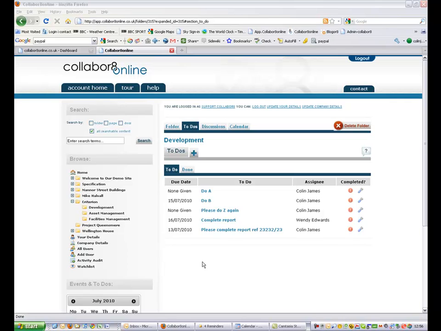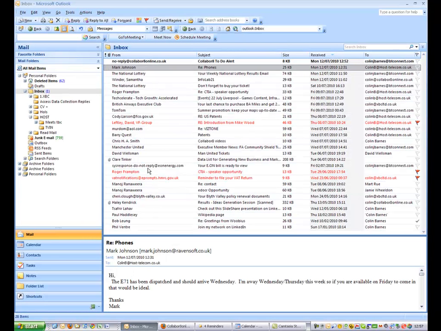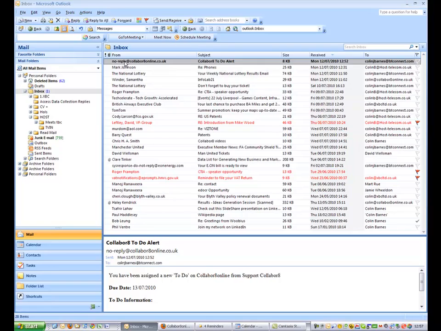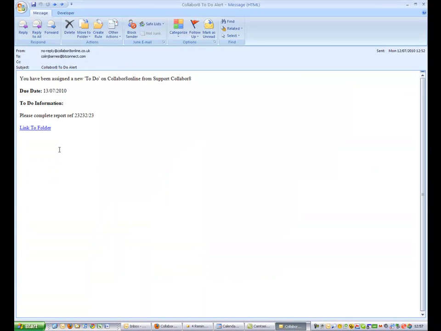Another feature that we have is when we created this task and assigned it to Colin, it will have actually sent an email to Colin advising him that he's had the task assigned to him. If I actually look in my inbox here, you can see that there's an email arrived, and it's just a simple email that says you've been asked to do this, task has been assigned to you, and if you click on that link it would take you straight to the task that you've been assigned